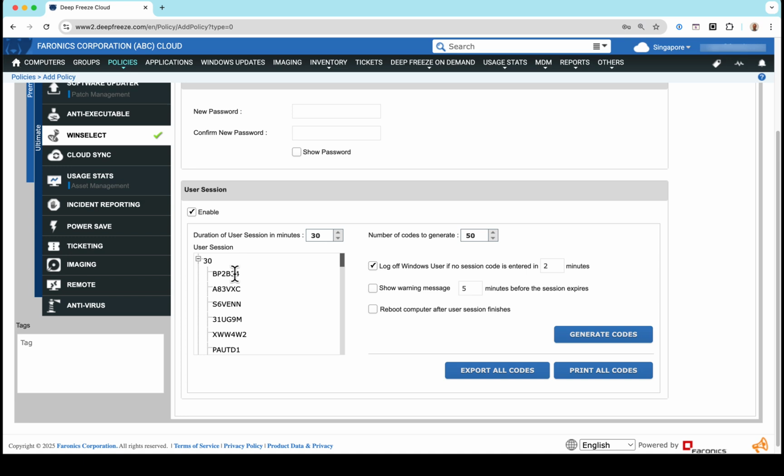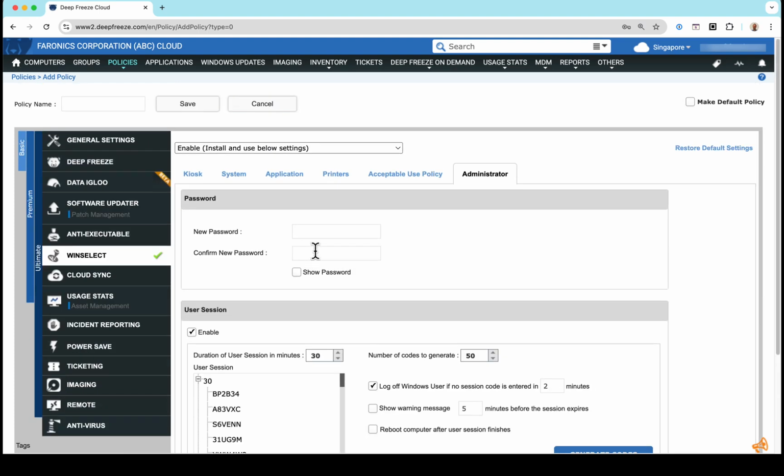So it's just a way of stopping one person hogging the device all day when there are several people wanting to use it. So all in all, WINselect, a very handy collection of tools, especially useful in multi-user environments like libraries, schools, hotels, healthcare, retail,